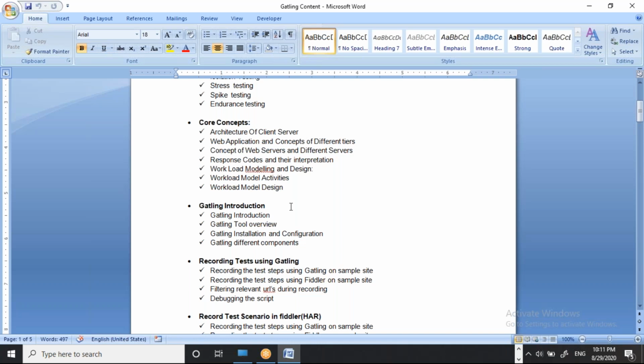It's not a big deal for now. So this is very common. But according to your requirement, you have to choose your tool, right? If you want to hit a load of more than 10 million, in that scenario JMeter will not work. Or if you want to hit a load of 10,000 concurrent users at a time, in that scenario JMeter will not work, right? Then there are other options available for that.